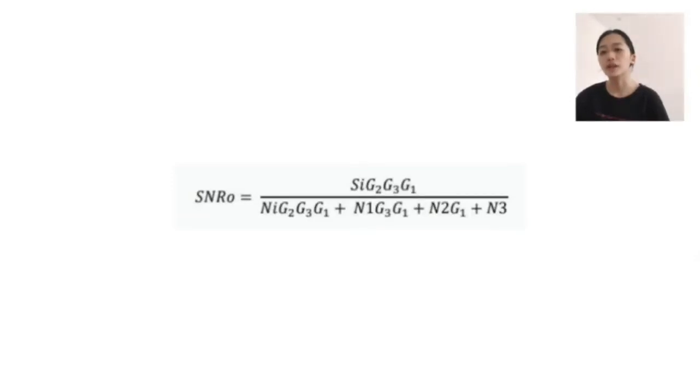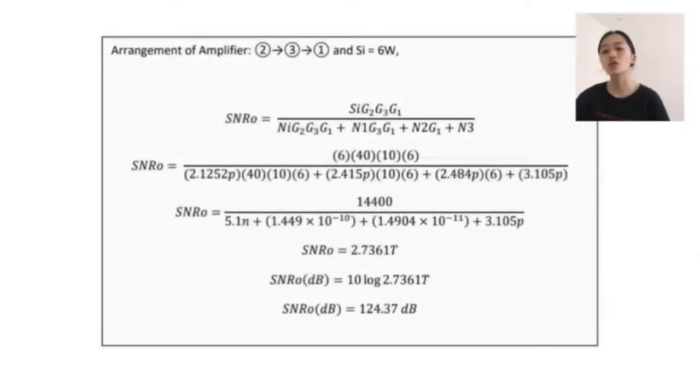Okay, NI is going to be the noise power for the input, N1 is the noise power for the first amplifier, N2 is the noise power for the second amplifier, and N3 for the third amplifier. The next step is we just need to insert the values into the formula, and we got the value of SNR equals to